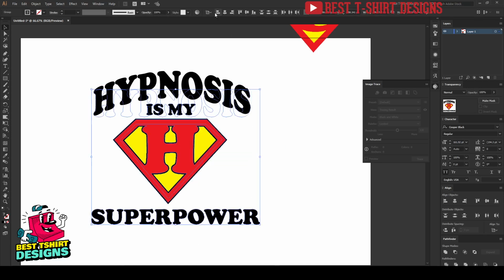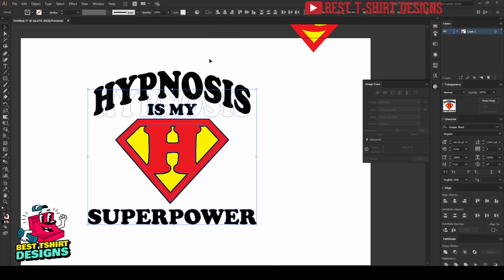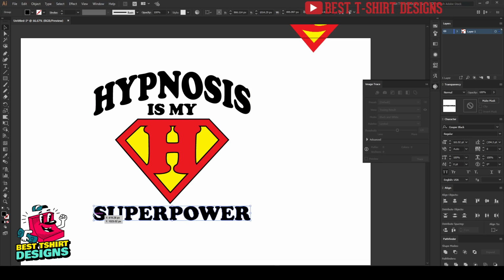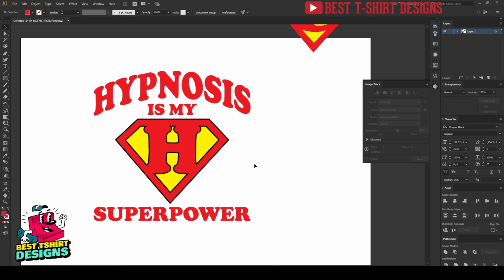So I'm going to select them all, then I'm going to align them in the center. So this is the center position. Let's expand appearance. I have a shortcut that I set manually, so that's what I am using. You can use your own shortcut. Go to edit and keyboard shortcuts and set your own shortcuts. So this is how it is going to look right now, and this is just a simple design, as you can see. So we can just make this red. This is how it is going to look. That is perfectly fine, but